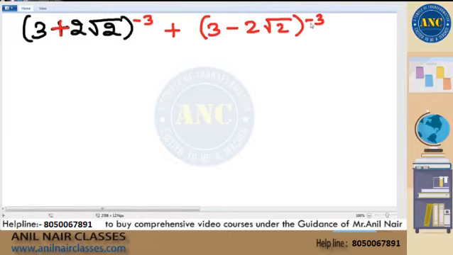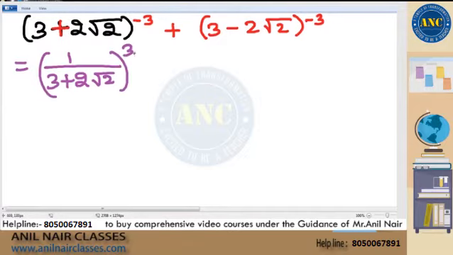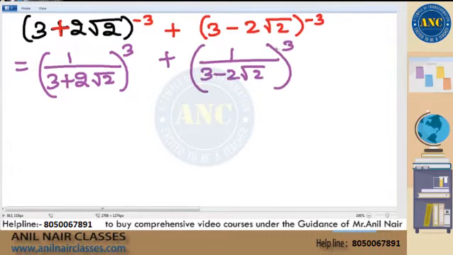Now I want to find this value. This is nothing but 1 by 3 plus 2 root 2 whole power 3 plus 1 by 3 minus 2 root 2 whole power 3. If I take the LCM, don't keep writing each and every step, which is not required actually. Can I directly say it as